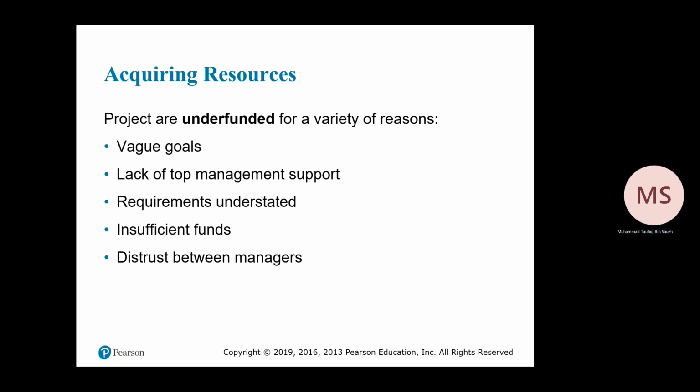There are multiple reasons why some projects are underfunded. For example, the project budget is lower than what they expected. The most critical reason is a vague goal, where your goal is not clear enough and not detailed enough for the client to be convinced by your project proposal. Then there is the lack of support. All of that requires soft skill or people skill to convince people to fund or invest in your project.